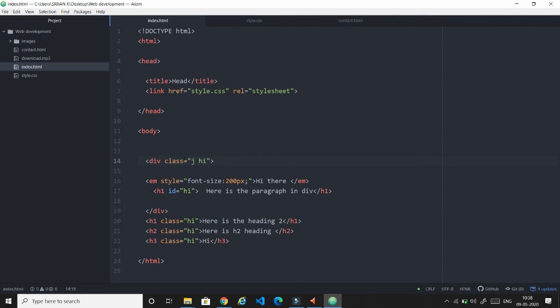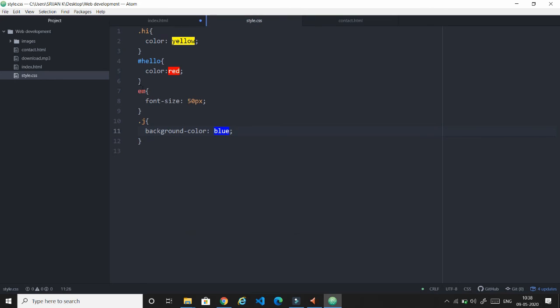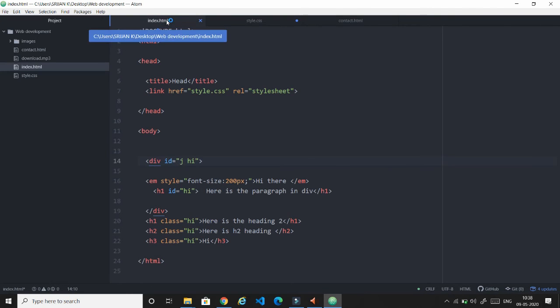So you will be having some doubt that, can I include more than one ID in the same tag? So just going to change this. And let me take this as hi as hello.